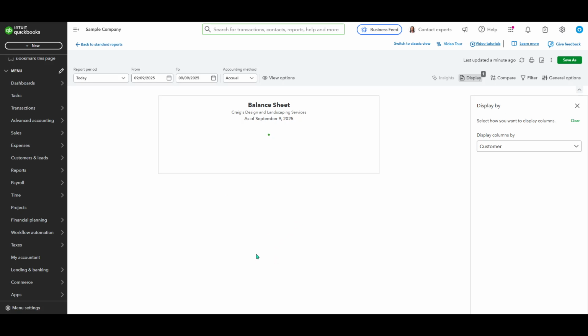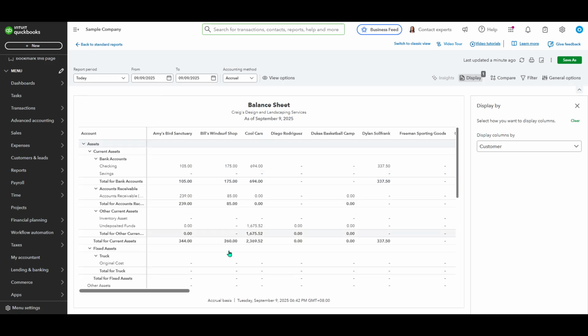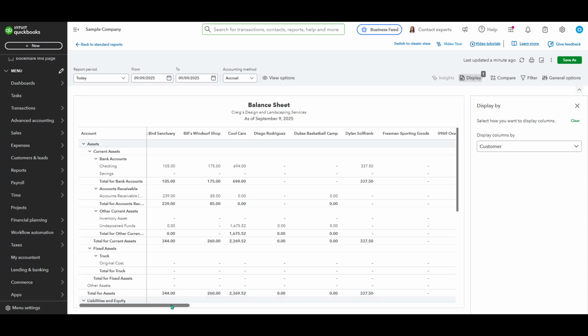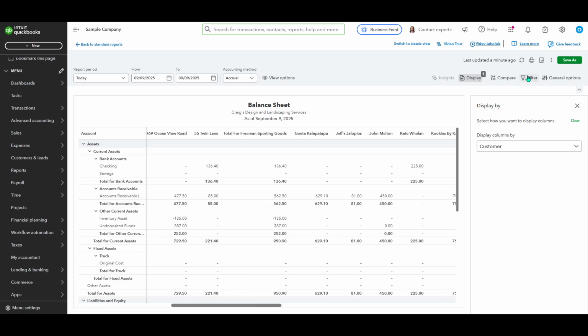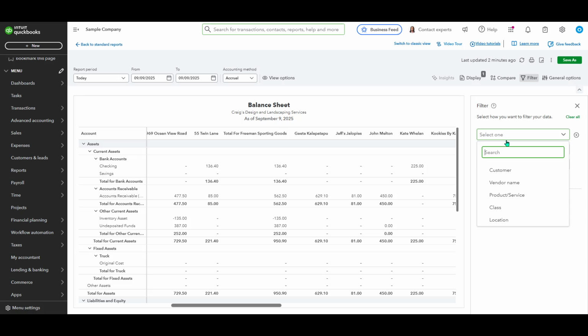And there you have it. With these simple steps, you can leverage QuickBooks Online's reporting features to better understand your business's financial landscape. By running, customizing, and analyzing these reports, you empower yourself with the information necessary to make